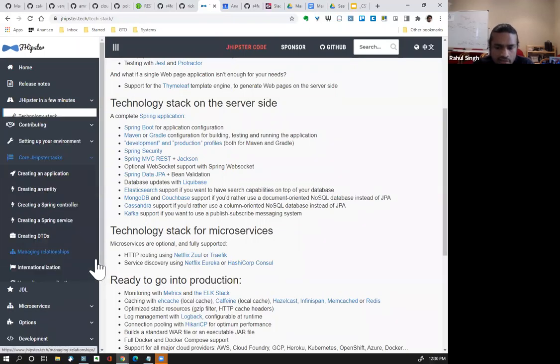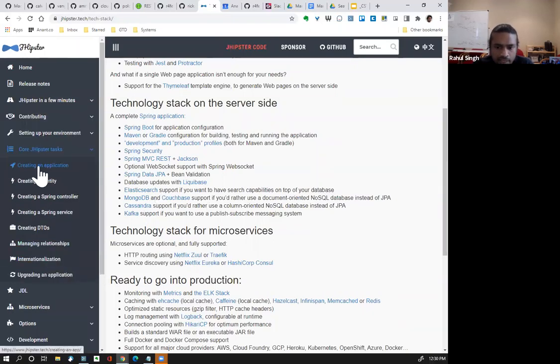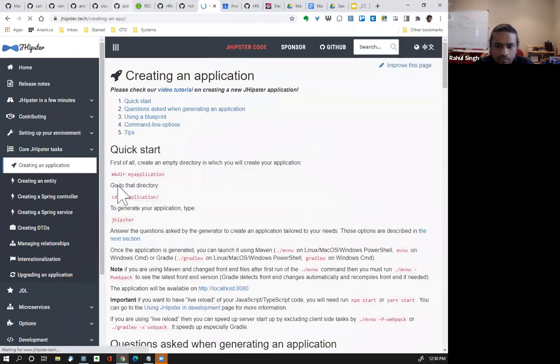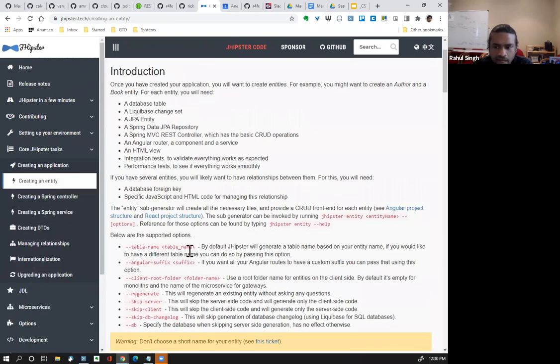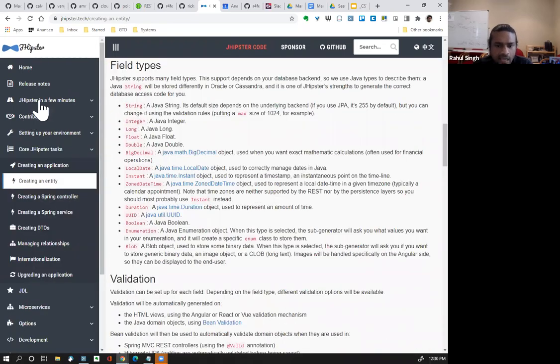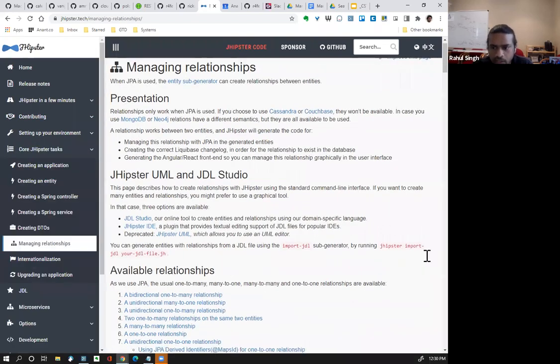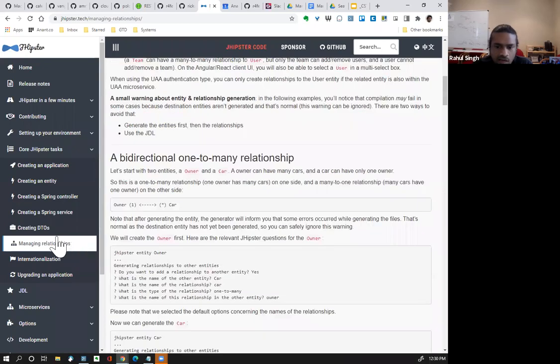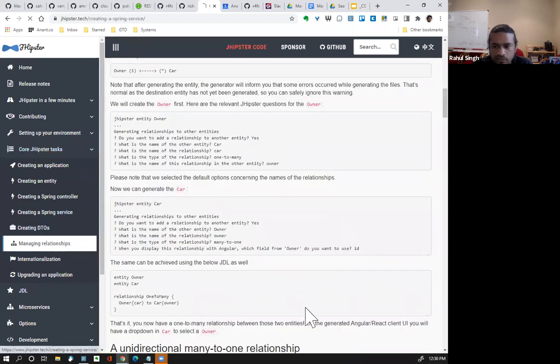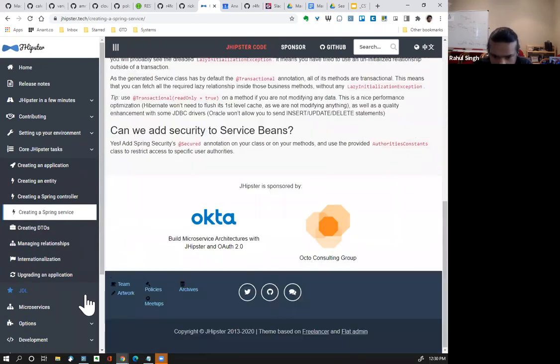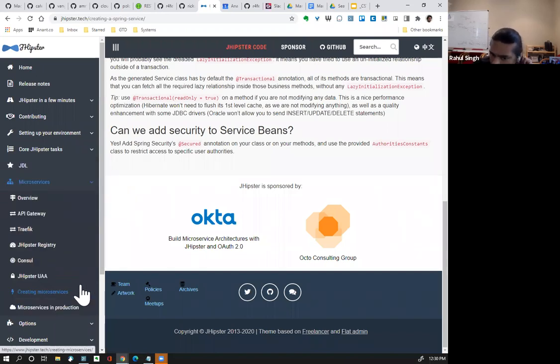And what is this in comparison to other applications that I showed you? The feature that I would say is the big pro for this is that they have good documentation. They really have good documentation explaining every step of the way. How do you create relationships between objects? How do you create a Spring service? So if you've never used Spring, it'll get you